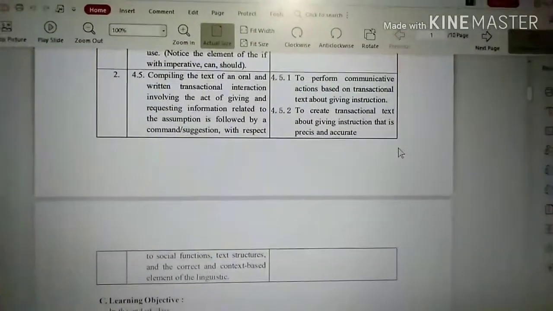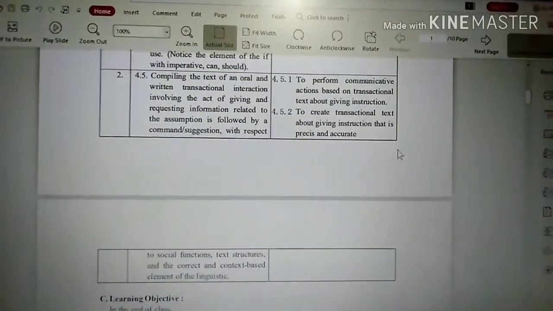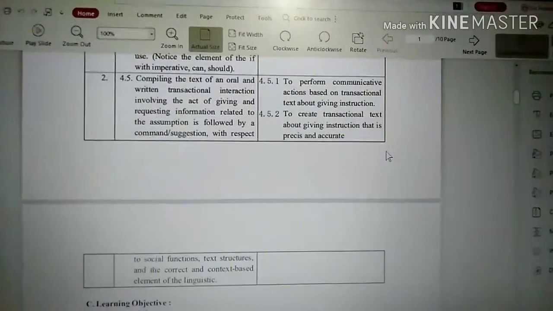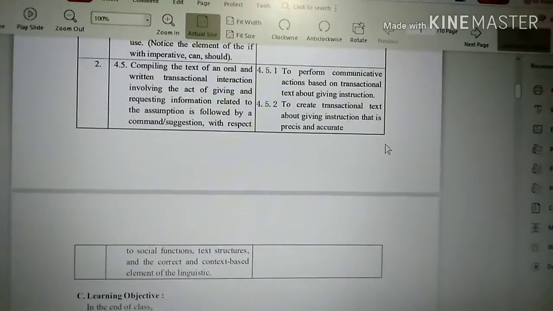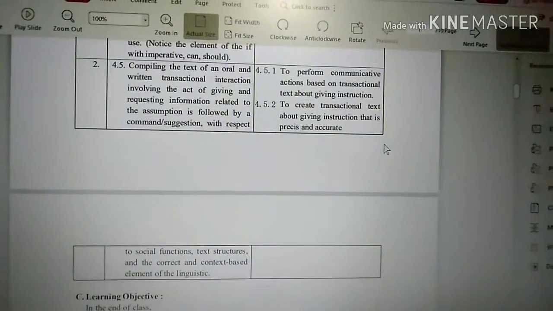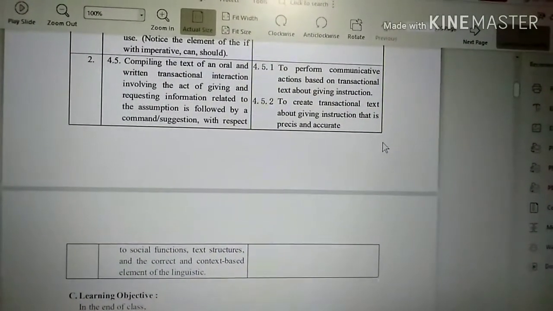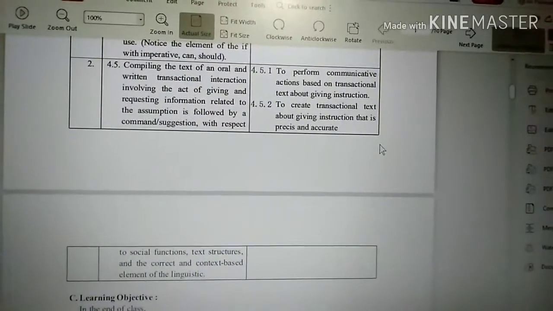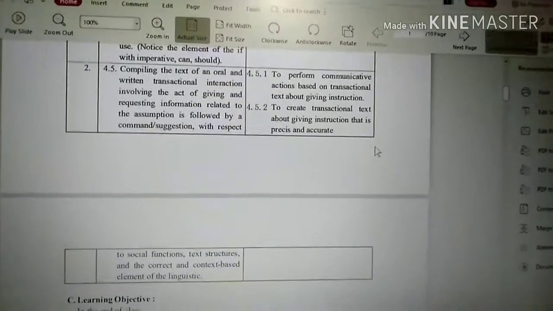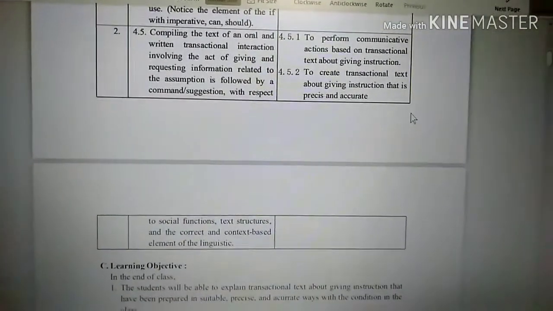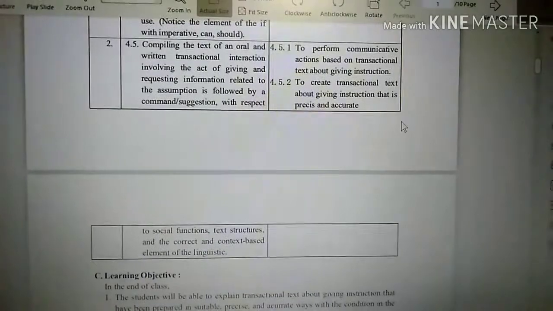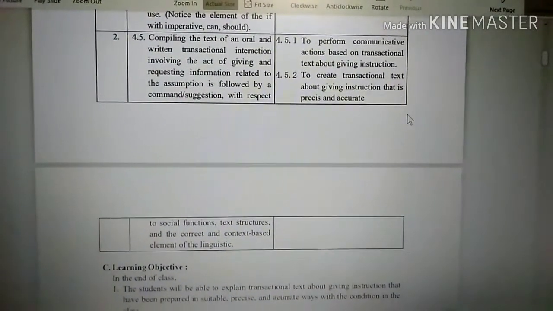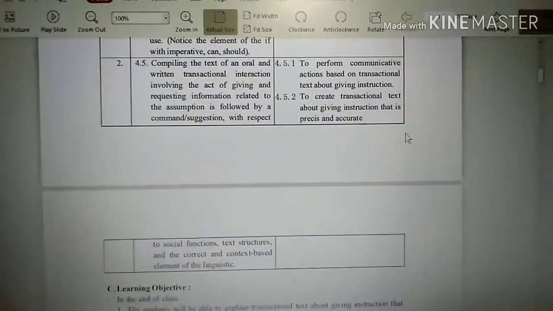The second basic competence is 4.5: Compiling the text of an oral and written transactional interaction involving the act of giving and requesting information related to suggestions, followed by a command or suggestion, with respect to social functions, text structures, and the correct and context-based linguistic elements.